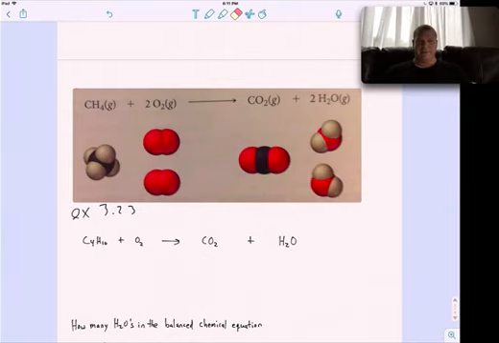So you see that the same number and type of each atom is the same on both sides. And also note a few things. Right here, CH4 has the same formula: 1 carbon, 4 hydrogens, and 2 oxygens, which are 2 separate oxygens, and CO2 and H2O. So, for instance, if you have the equation